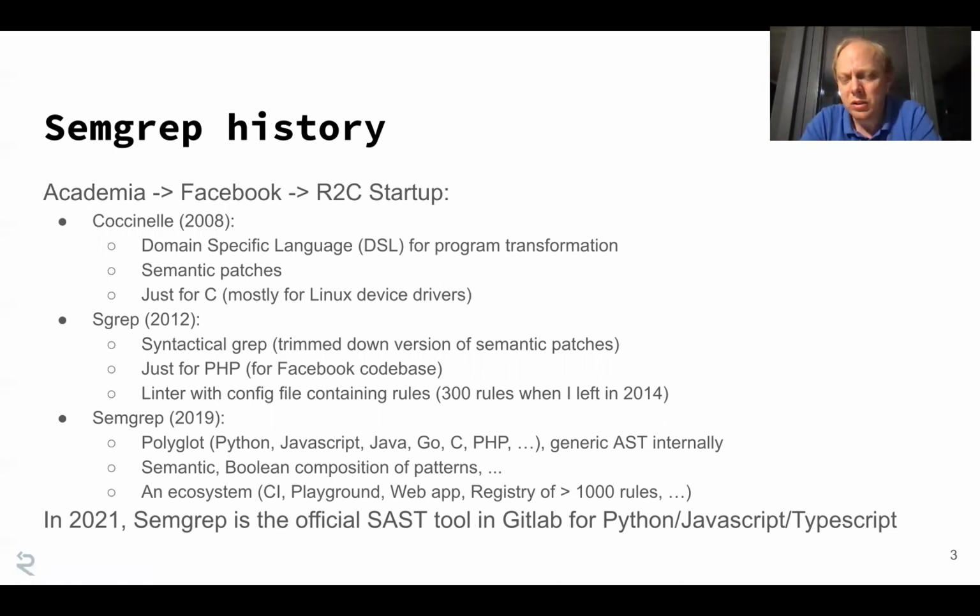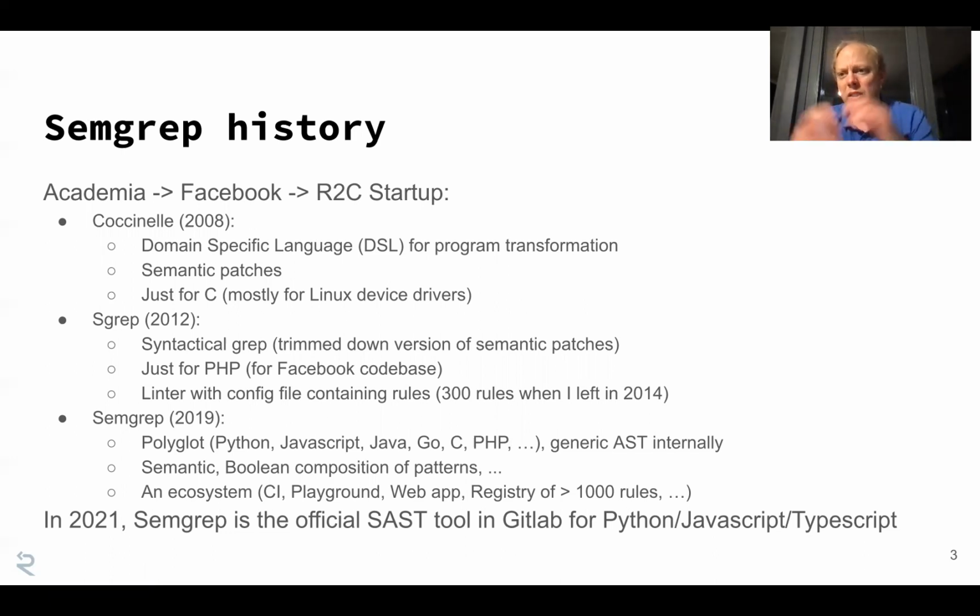Later, I joined R2C, where we designed a new tool called SEMGREP, for semantic grep, which was designed from the start to be polyglot, to handle many, many languages. Internally, we designed a generic AST that can cover many languages. And it's called semantic because the tool knows about the semantics of the languages.